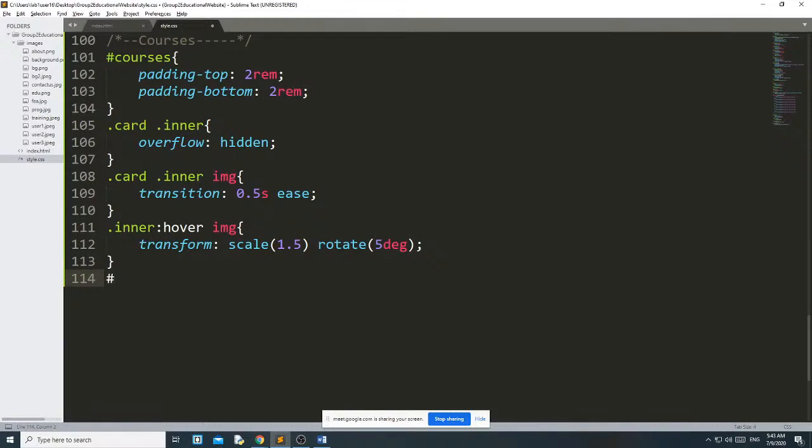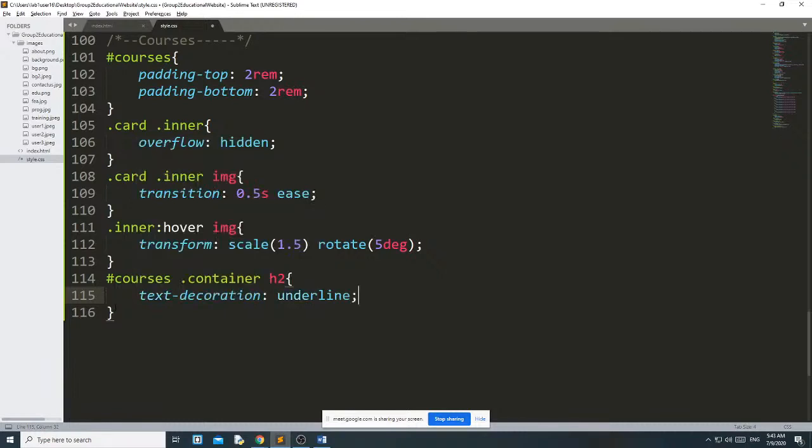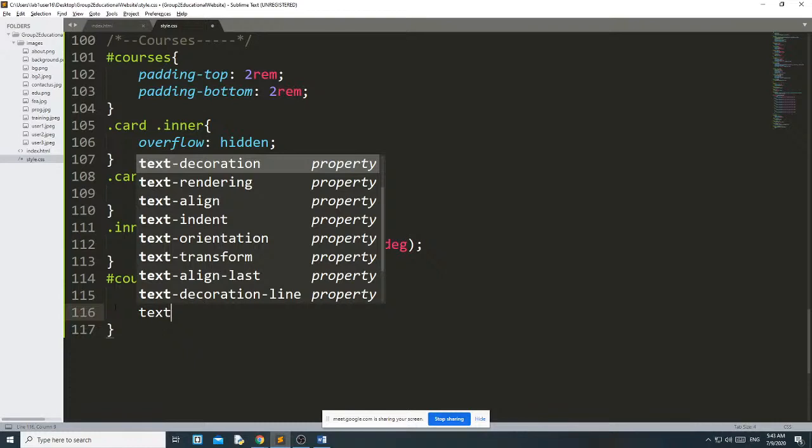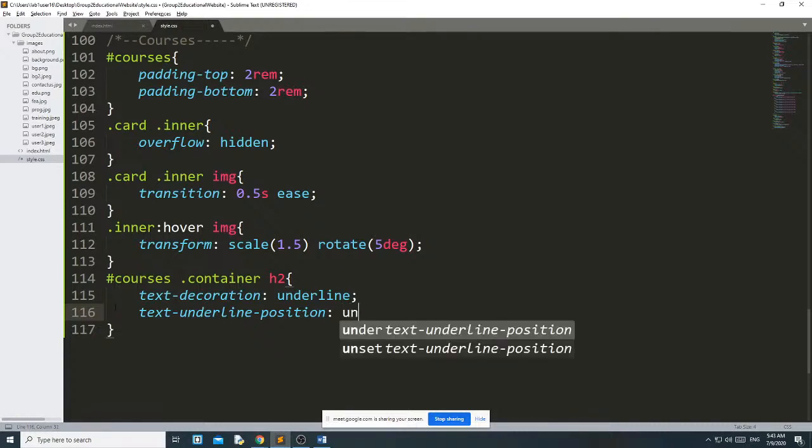Then as .courses .container h2, what I want is text decoration underline, and I want the underline position to be exactly under the text.